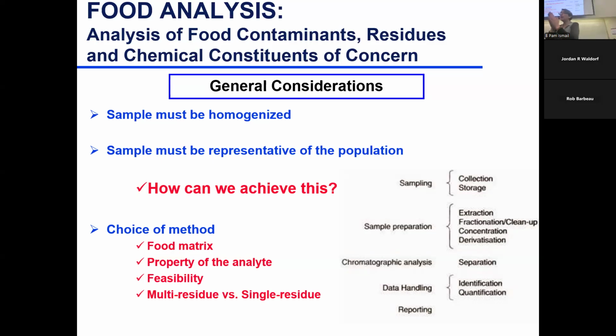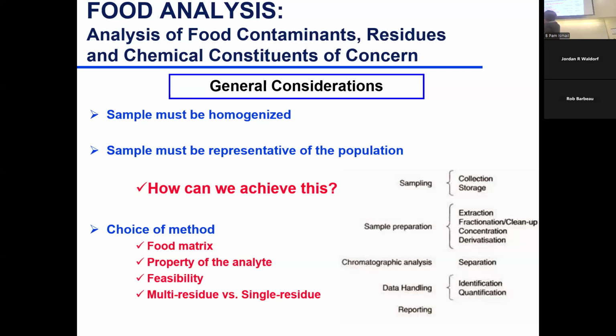So you have to really concentrate in order to analyze. A lot of that sample preparation leads to concentration. Often you need to derivatize, especially if you're using GC, to make it volatile and thermally stable, then separation, identification, quantification,